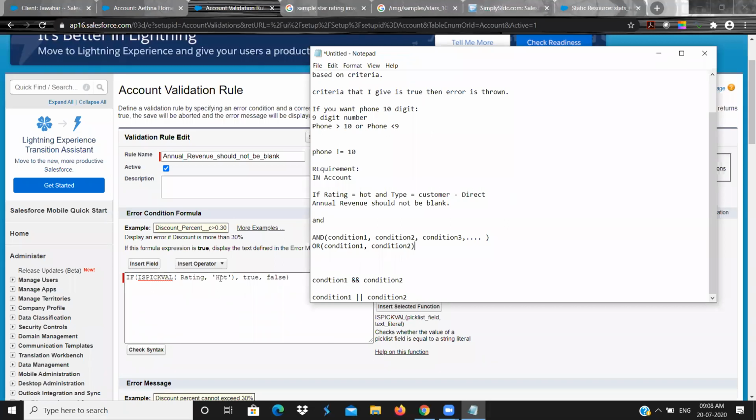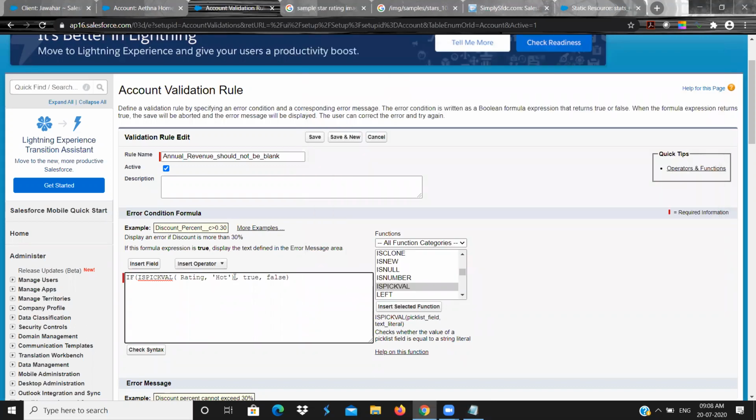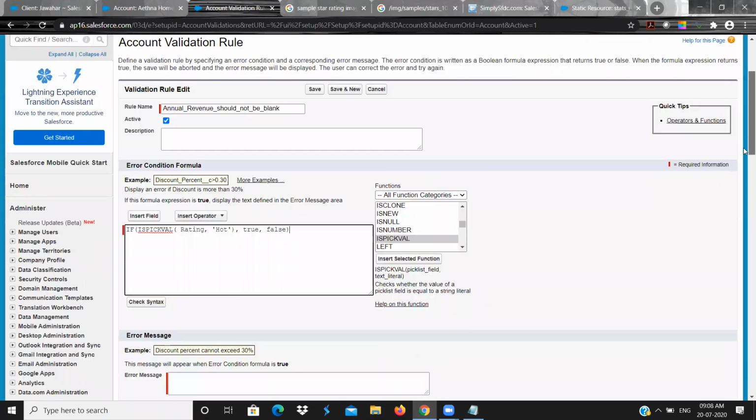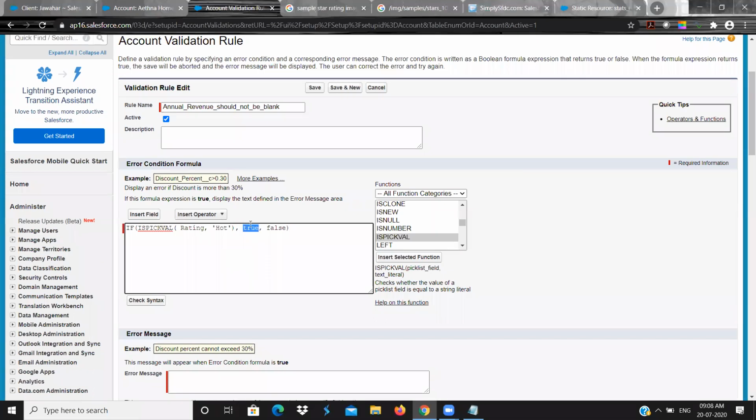Here it will check only conditions. It will not give any values; we need to return true or false. In a validation rule, we will not give any value as an output. So it will return only true or false. If it is true, it will throw the error. If it is false, it will not throw the error.